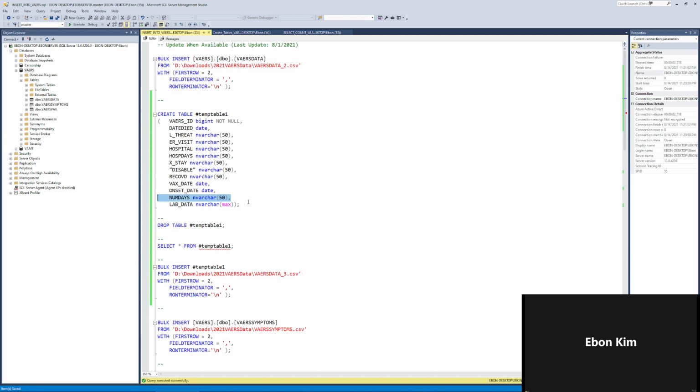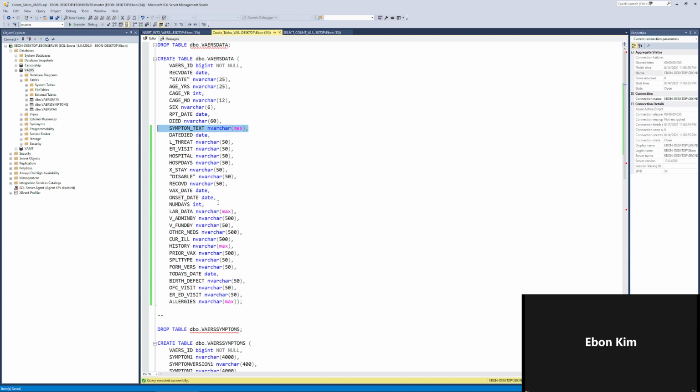I originally put it as an integer, right? All right, so that's a helpful reminder. So people will ask, well, why do you have that as a character? Well, because